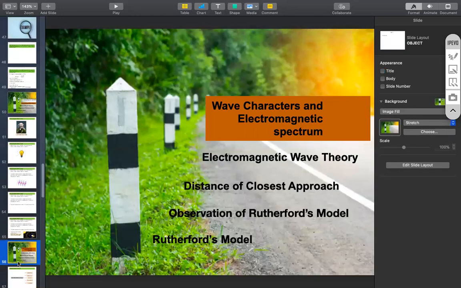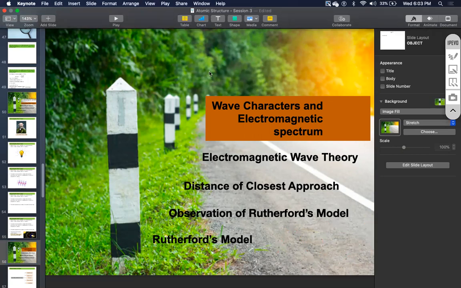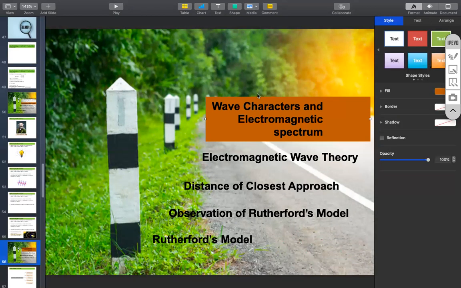So now we will try to understand the radiations, because radiations have a wave character. Wave means you must have seen the sinusoidal wave. It looks like this. This is the sine wave. So it is a wave. Now we will see the property of a wave. You have a little bit idea of property of wave, but the same properties will be taught to you in physics also.